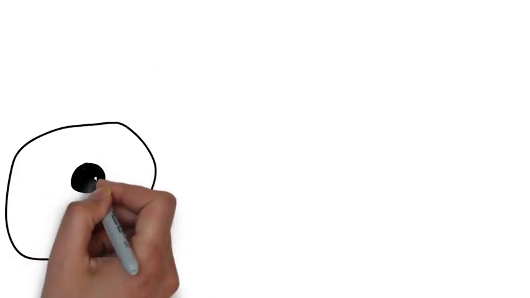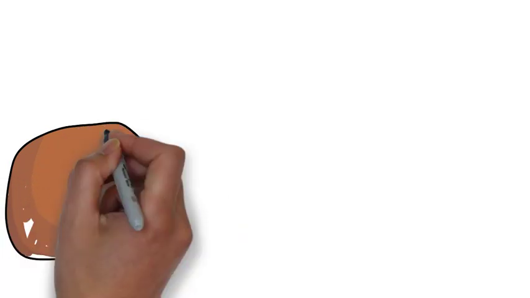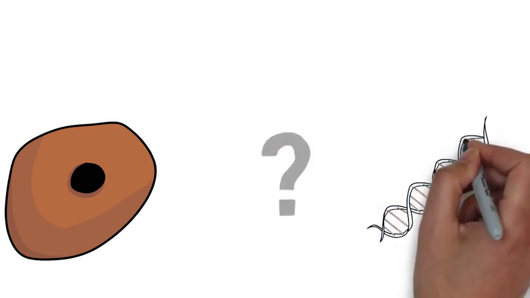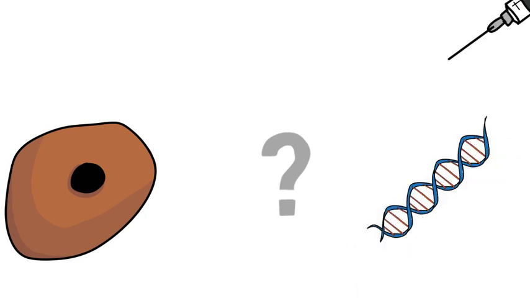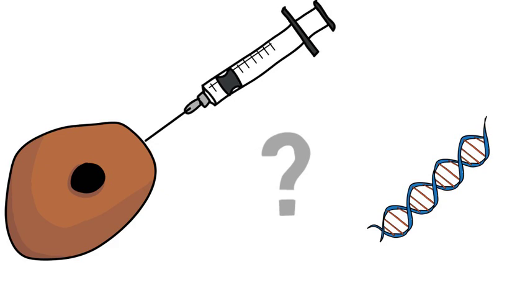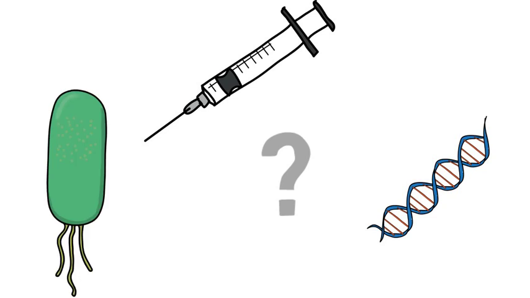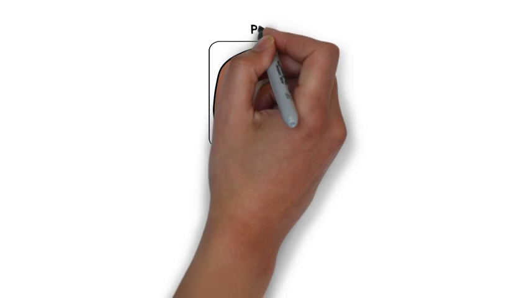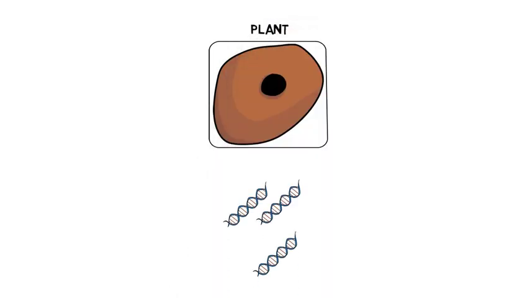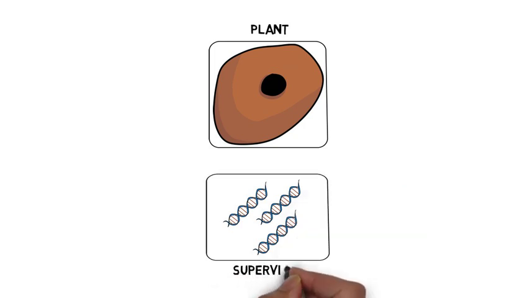Suppose we have a single cell, a human cell or a bacterium for instance, and we want to change its behavior. Our question is how to design synthetic genes so that when inserted into the cell, they enforce the behavior we want. This problem has relevant applications in biotechnology and medicine. It is a control problem, where the cell is the plant to be controlled, and the designed synthetic genes are the realization of our supervisor.